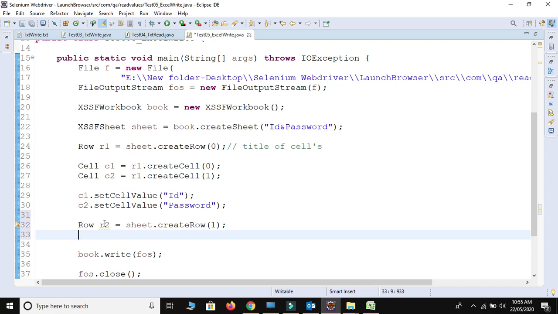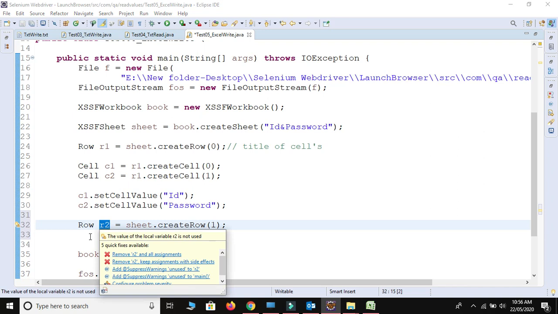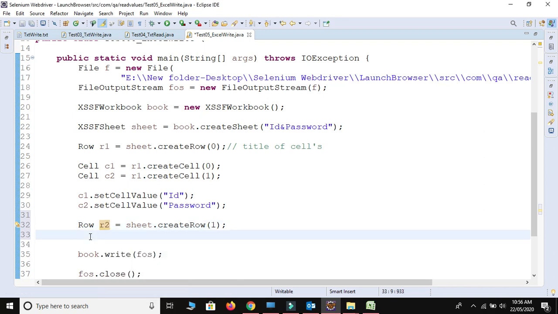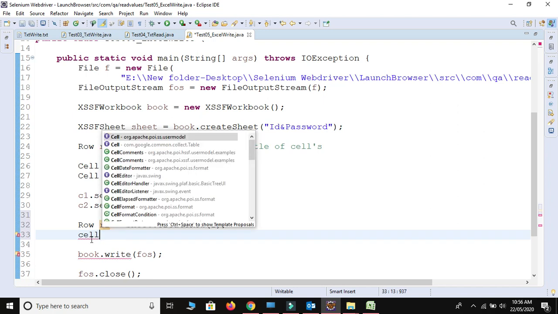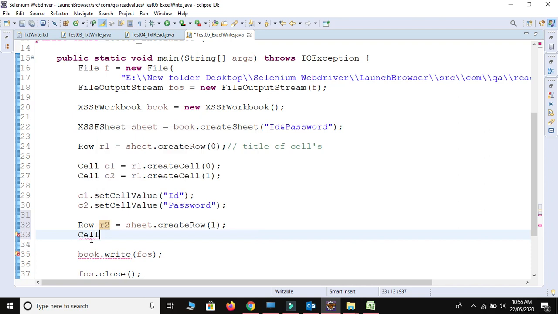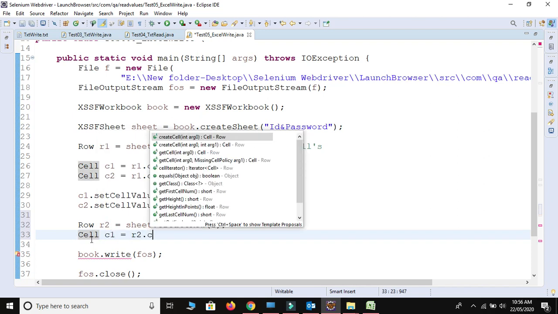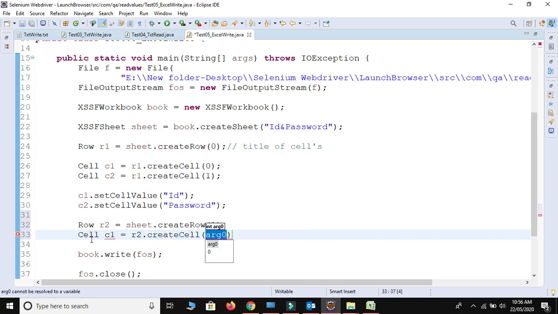And inside this row I will create two different cells. So I will write Cell from Apache POI. Cell C1 is equal to R2 dot create cell at index number 0, and then let me rename it C3.